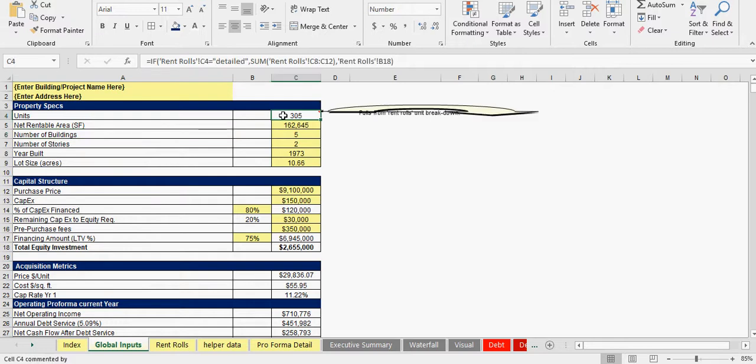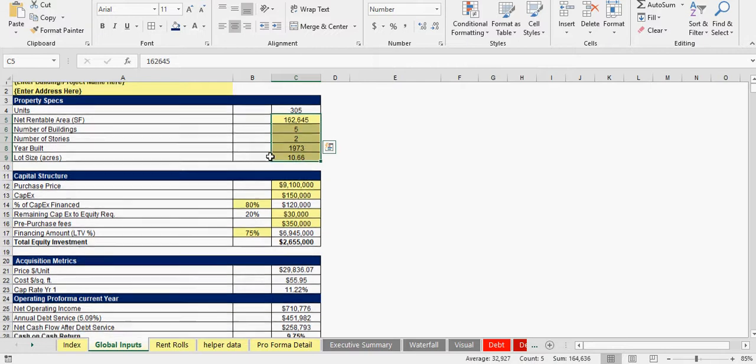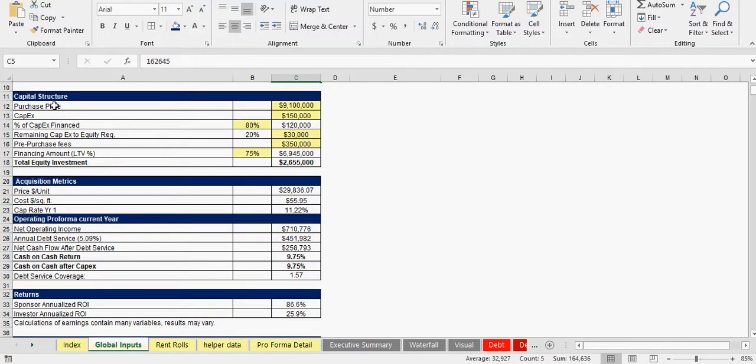Then we've got your inputs. So just some general things like we've got units, net rentable area, just some general information. None of this really goes anywhere besides right here. But then we start to get into capital structure, and here we've got the purchase price, your capex, percent of the capex that you think is going to be financed. The remaining is going to be an equity requirement, pre-purchase fees, if any, and then here's your first LTV, and